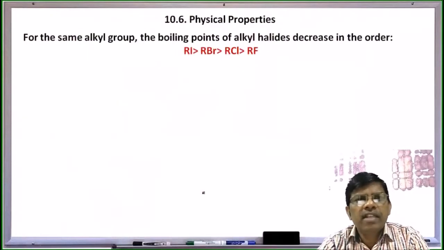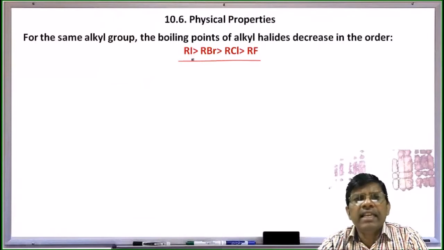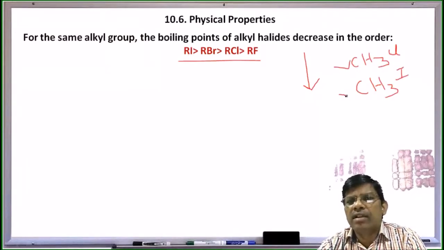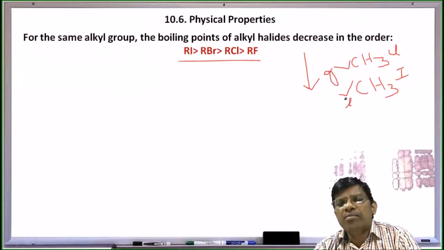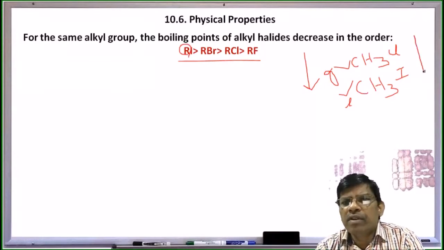Next, physical properties. The boiling points of alkyl halides increase when moving from top to bottom. That means, for example, methyl chloride is a gas. This is liquid at room temperature. Moving from the same alkyl group attached to fluorine, chlorine, bromine, iodine, the boiling points increase moving top to